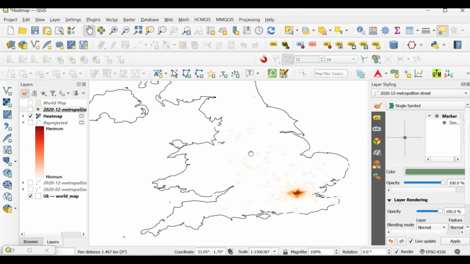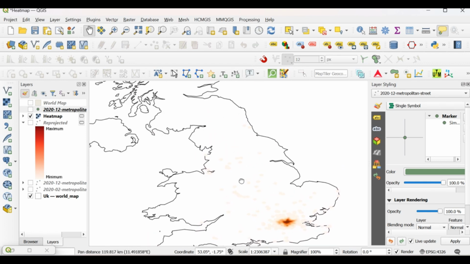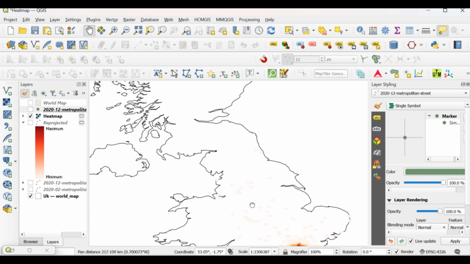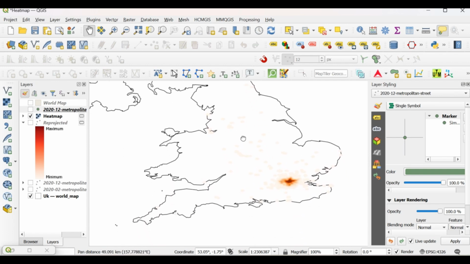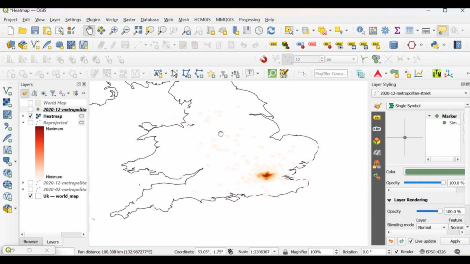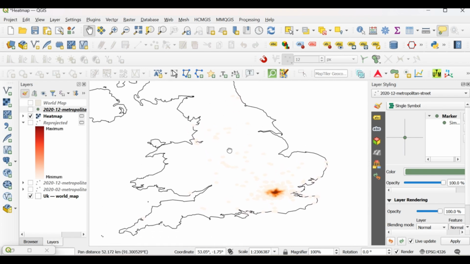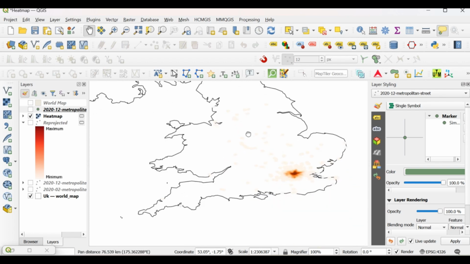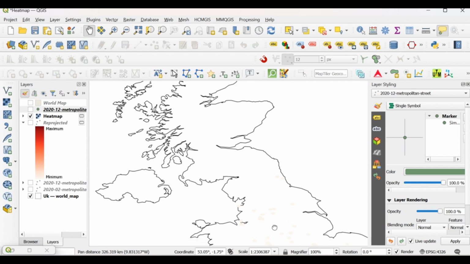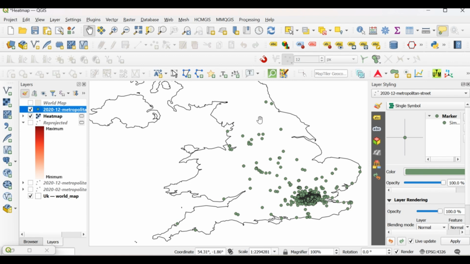So this is how it will look like. You realize that in the south it's just like what we had before, and in the north it's almost like there is no data over there. But that is basically how to show the intensity of a points data set, just to show where you have the most frequency of things happening. But as you can see, this is not very intuitive, like I said. With this one, you can immediately see the concentration of crime within the UK.